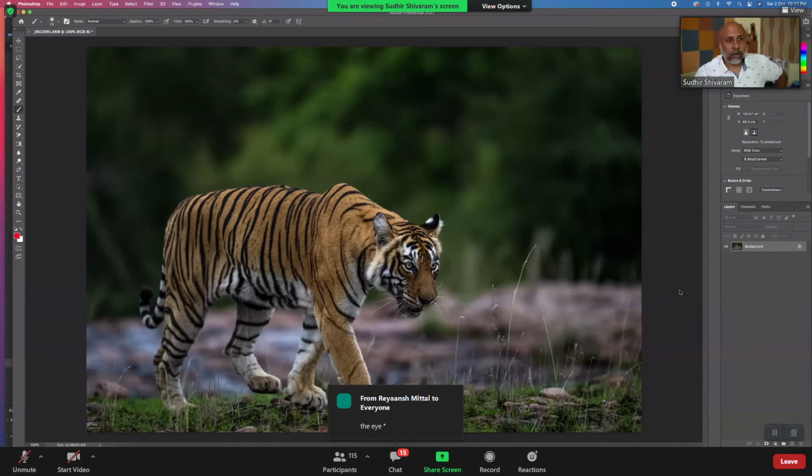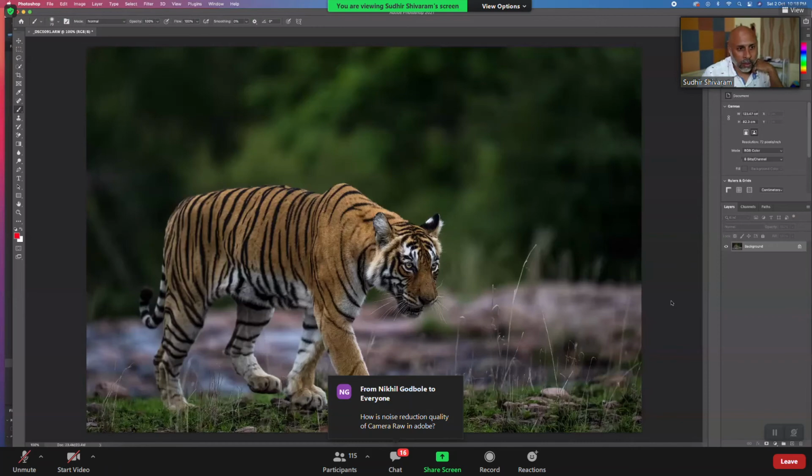So I don't use Lightroom. I have tried Lightroom. No major difference between Lightroom and the process I follow. Everything is the same. So I'm just sticking to this. And the corrections you saw me do in Adobe Camera Raw are the same as what you do in Lightroom, because the backend settings of Adobe Camera Raw are the same.